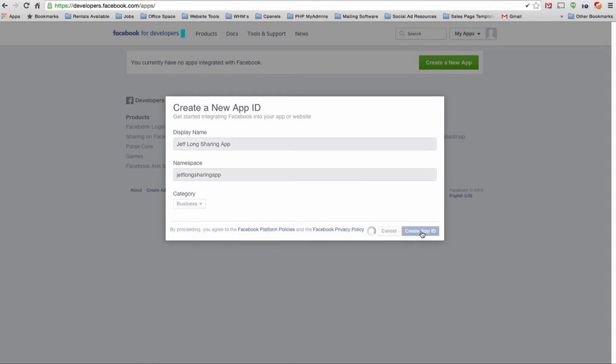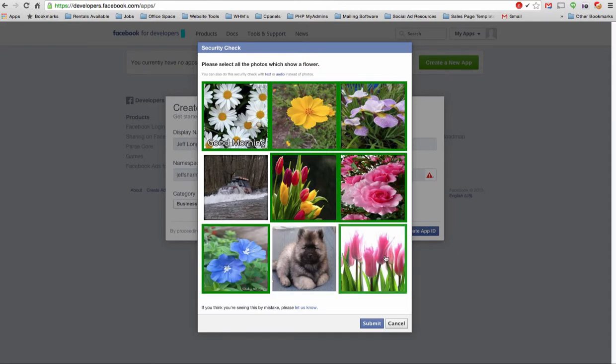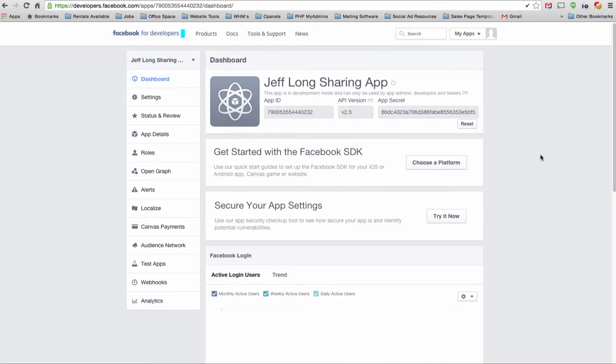Click Create App ID, and it's telling me it's already used by some other app. Oh yeah, I already created a test app. So we're going to do Jeff Sharing App GPS, whatever. And we're going to create our app ID. Now it's going to ask you to verify that you're human, so let's go through and select all the photos that are flowers. All right, perfect. Now your app has been created,